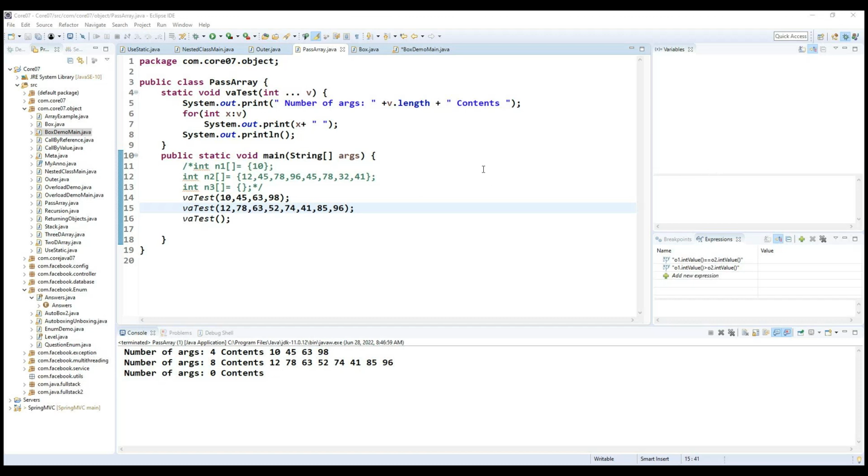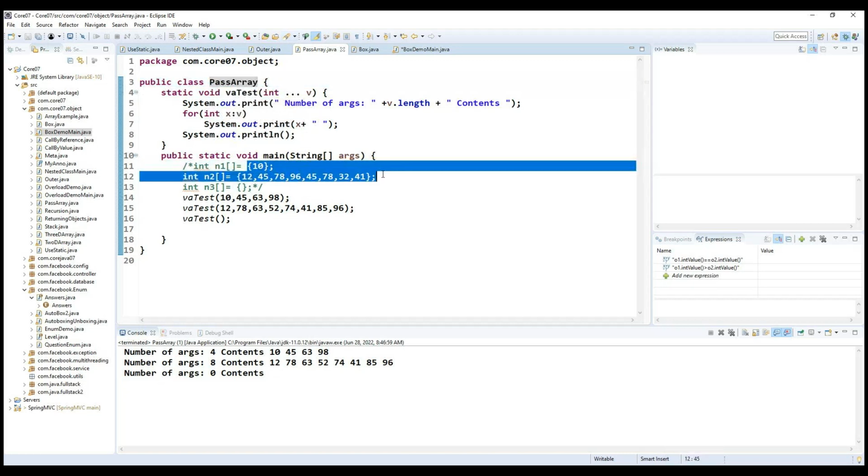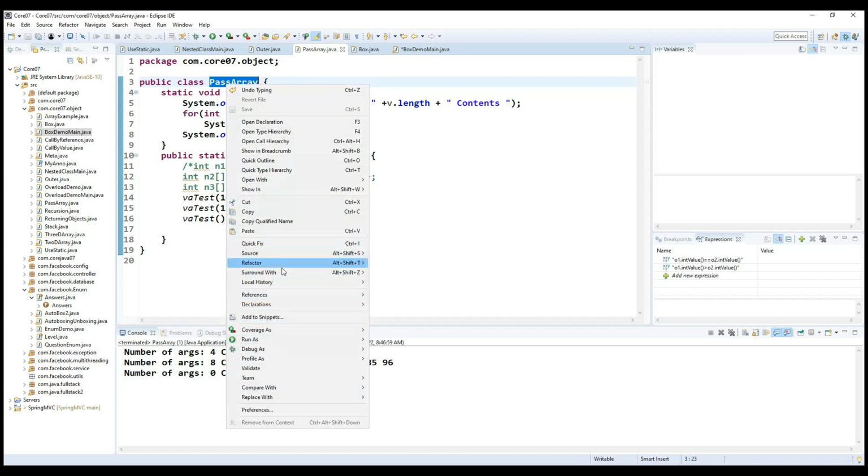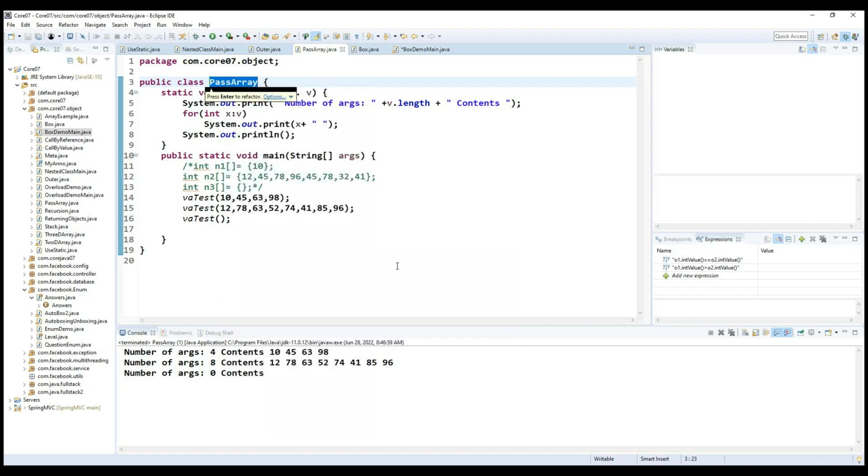పాస్ అరే ఎందుకు యూజ్ చేస్తారు సార్? అర్థం కాలేదు. పాస్ అరే ఎందుకు యూజ్ చేస్తారు? ఇది క్లాస్ నేమ్ బేసికలీ. ఎందుకు డిఫైన్ చేశానంటే ఎర్లియర్ మనం ఇక్కడ అరేస్ రిలేటెడ్గా ఎగ్జాంపుల్ డిఫైన్ చేశాం కాబట్టి ఐడెంటిఫికేషన్ కోసం నేను పాస్ అరే అనే ఒక క్లాస్ తీసుకున్నాను. సో పాస్ అరే బదులు ఇప్పుడు నువ్వు ఇక్కడ మాడిఫై కూడా చేసుకోవచ్చు. రీఫాక్టర్, రీనేమ్, ఇక్కడ